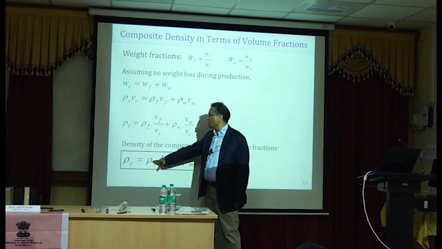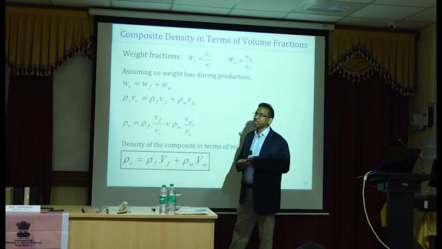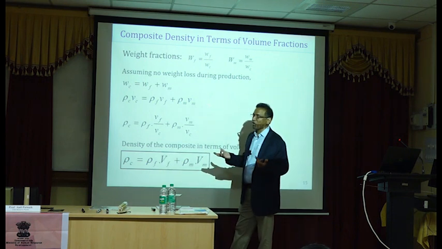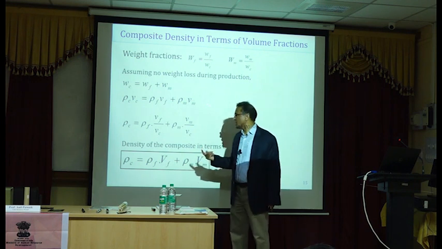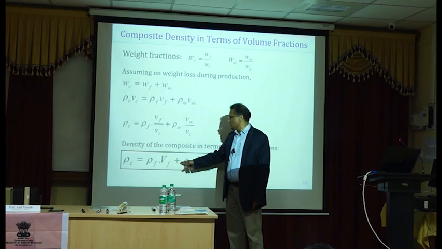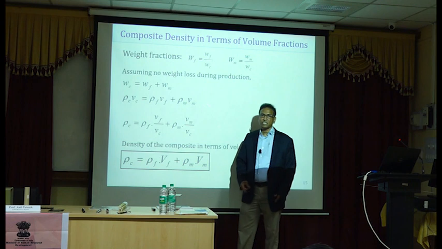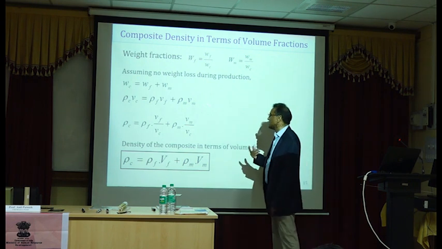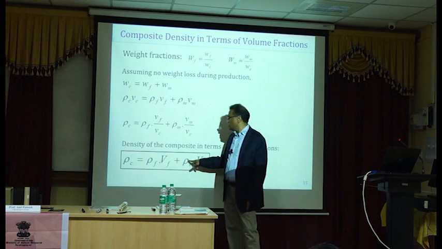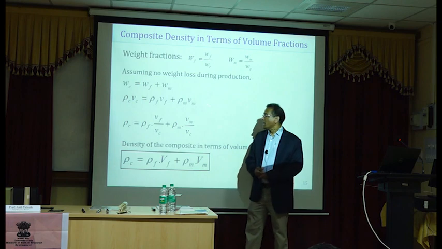So when you are working with your composite, you will know the density of the fiber. They will give you a specific gravity. Let's say for basalt it's 2.5 or something like that. For glass it's probably around 2.2 or something like that. So fiber density is known, matrix density is also known. Matrix may be 1.2, something like that, depending on the type of matrix. So you know the density of the matrix, you know the density of the fiber. Depending on the